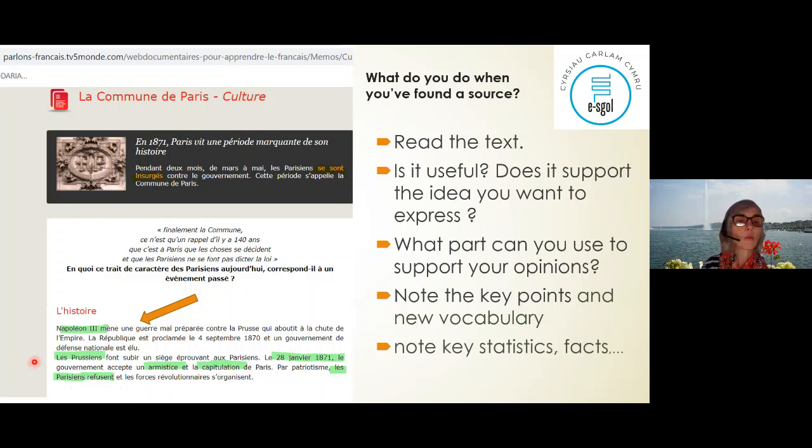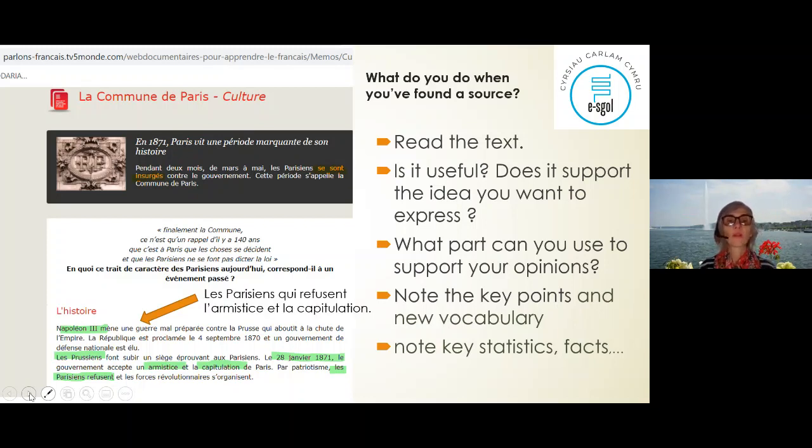When I say the key points, for example, you could write a summary of that document. When you quote a source, you don't need to quote the whole text. You summarize it. Here in that document, you don't have stats, but if in a document you find stats and you're someone who can memorize figures and numbers easily, note them, because they are the proof for your opinion on things. But here you could note facts like the date and the people taking part in that event, the protagonists.